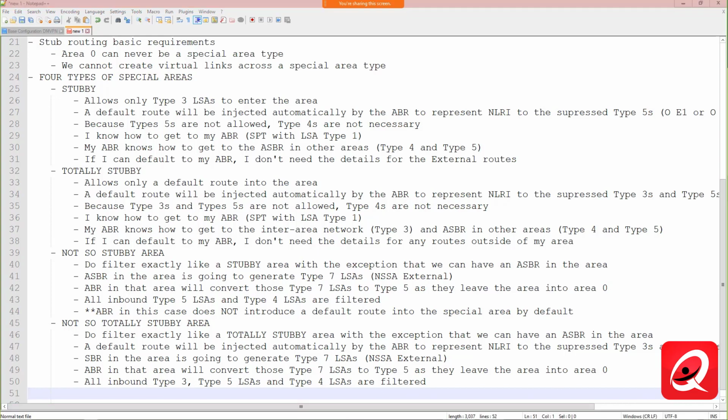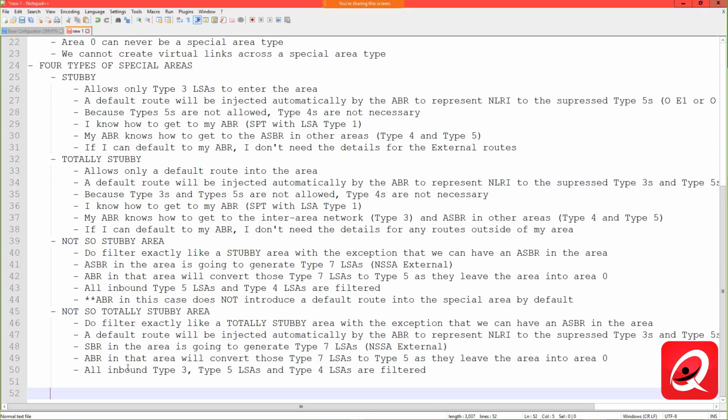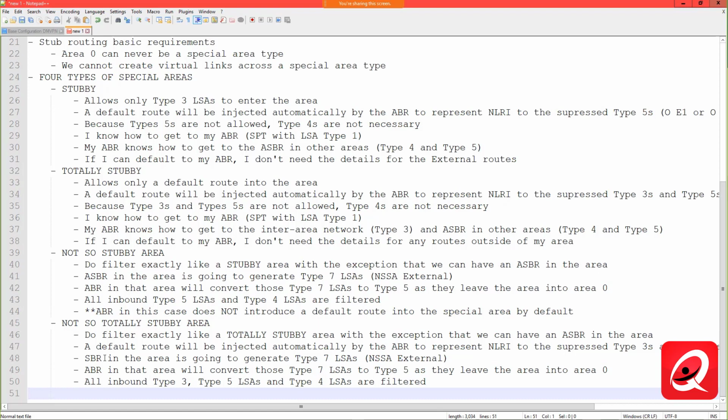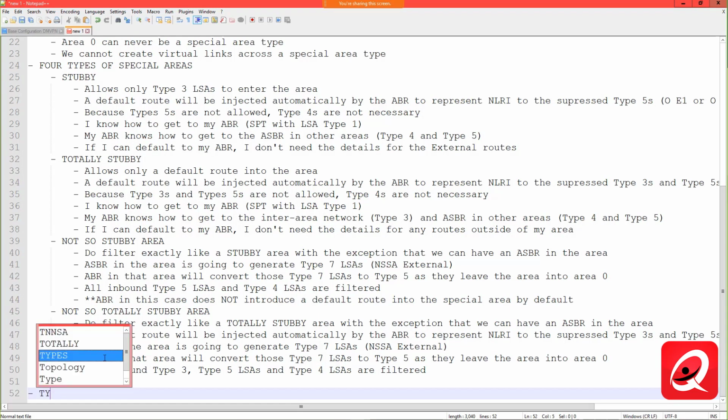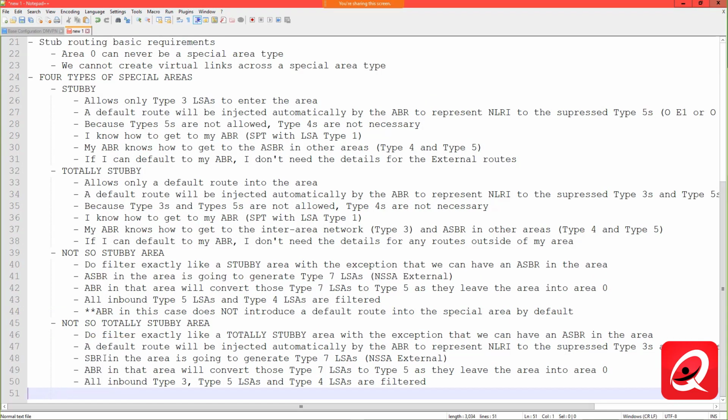All right. Now, let's talk a little bit more about the type 7 LSAs. And we will actually get into this in even more detail later on because we're not going to focus a lot of attention in this lesson on the last two special area types. We're going to focus primarily on the first two special area types, although I will have to configure one of those last two just to demonstrate some of the concepts that we want to cover in this lesson. Is what is a type 7 LSA, which are called